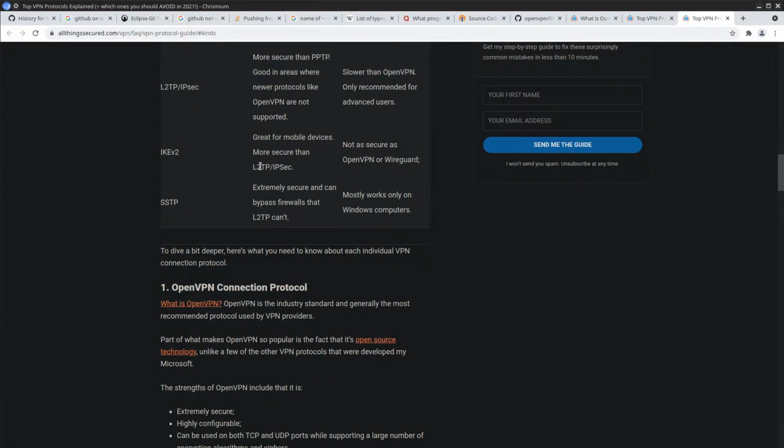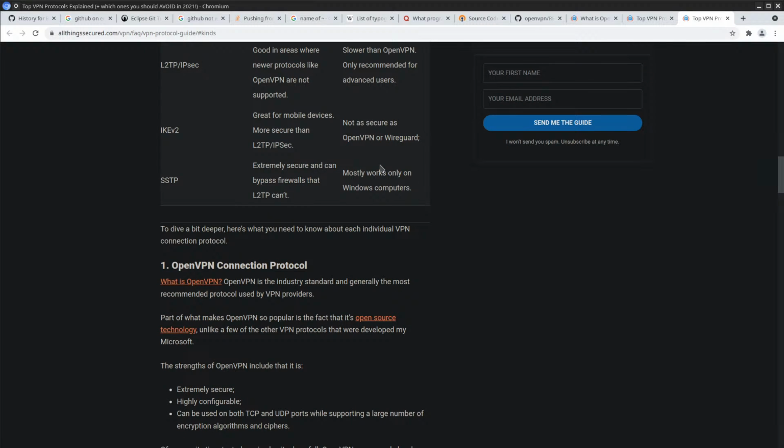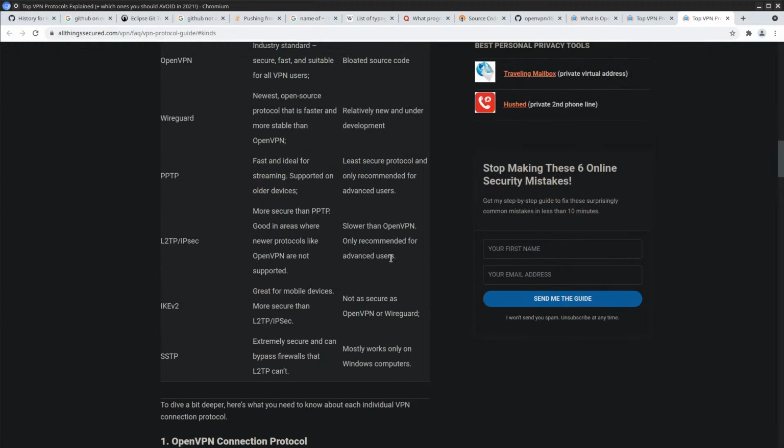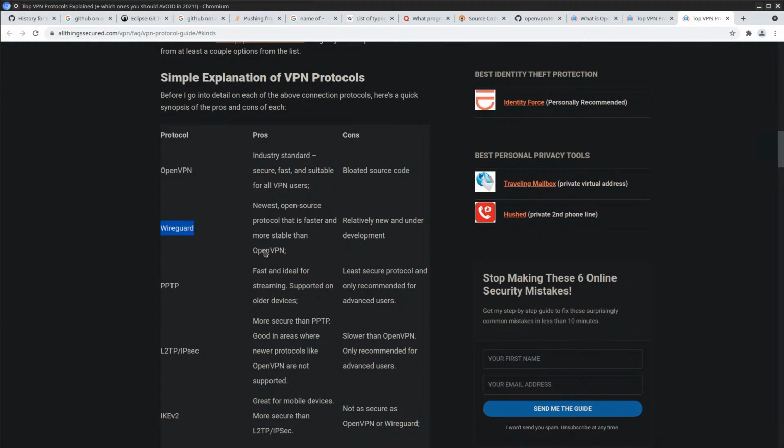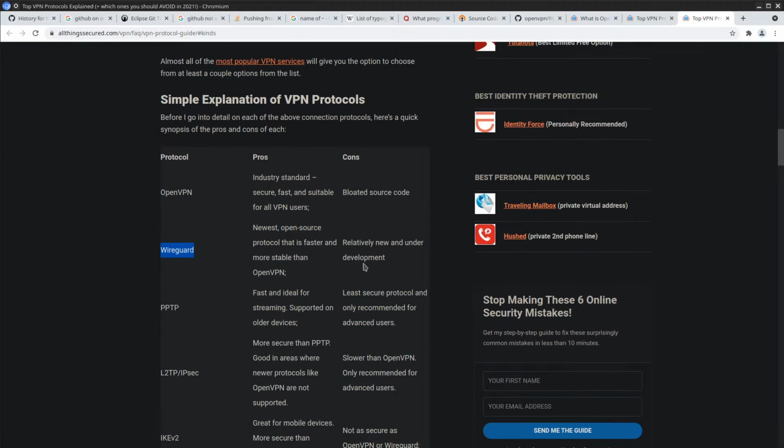As secure as OpenVPN. SSTP, extremely secure and can bypass firewalls that L2TP can't. It works only on Windows computers. Okay, that's why that thing looks kind of interesting.